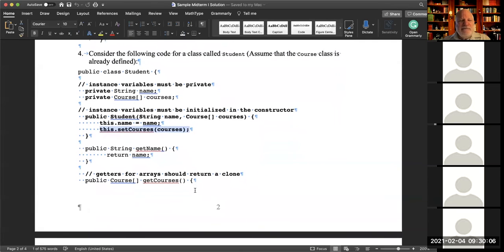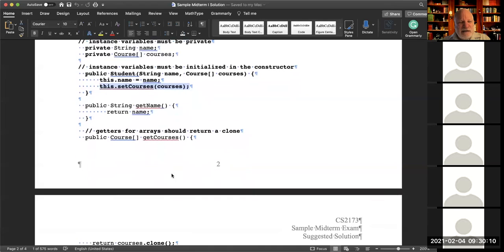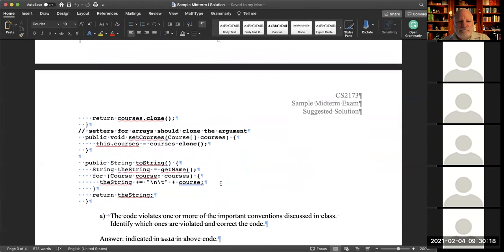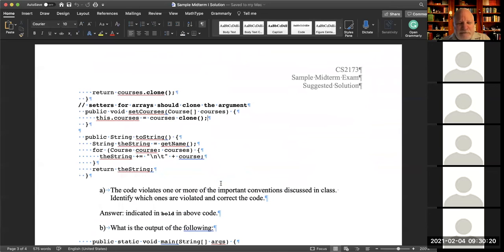Because even if I'm just instantiating one of these, that array still goes through the setter method. You've heard me harangue about this a lot, so that should tell you that it's something I consider to be important.